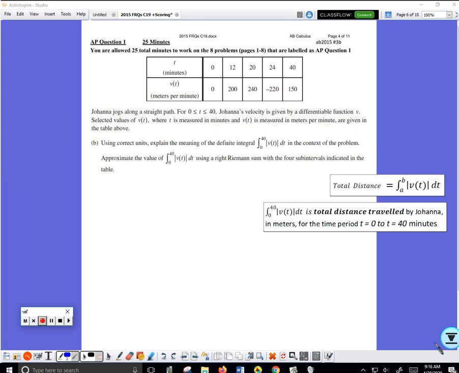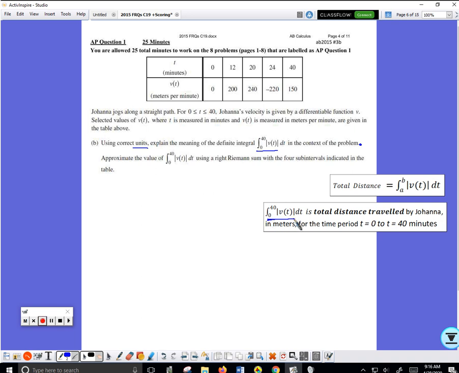Using correct units, explain the meaning of this in the context of the problem. The explain questions are also quite common on the AP test. The key thing is to pay attention to units and explain each and every number or symbol, well, kind of. Anyway, here's the explanation. This integral